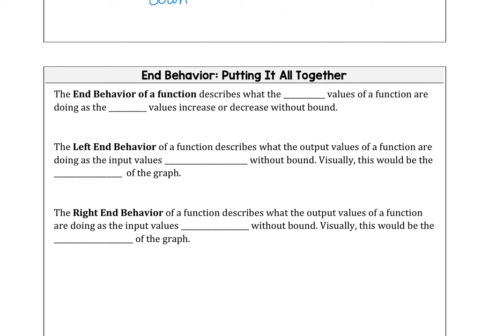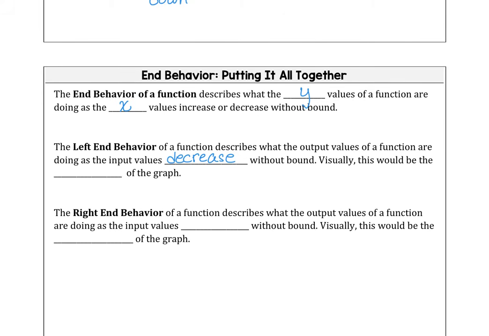The end behavior of a function describes what the y values of a function are doing as the x values increase or decrease without bound. The left end behavior of a function describes what the output values of the function are doing as the input values decrease without bound. So as we move to the left on x, decrease without bound. Visually, this would mean